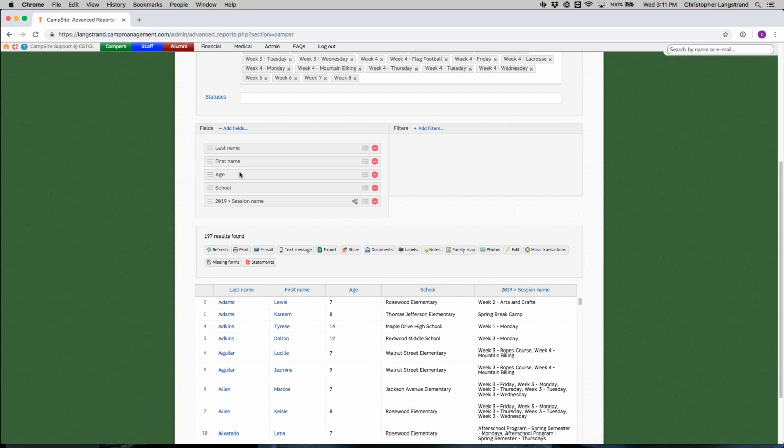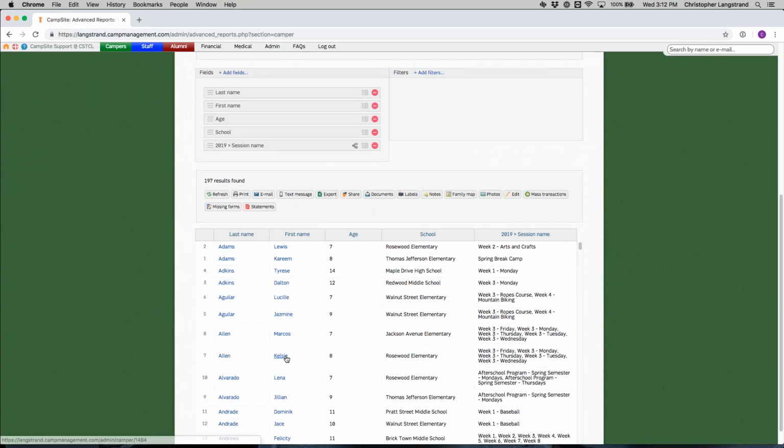So you're going to see we have a few settings with respect to our fields up here. The first thing we're going to see here is this forked arrow. This forked arrow allows me to display multiple field values for this specific field. What that actually means is if we take a look down here at the Allen kids, you can see